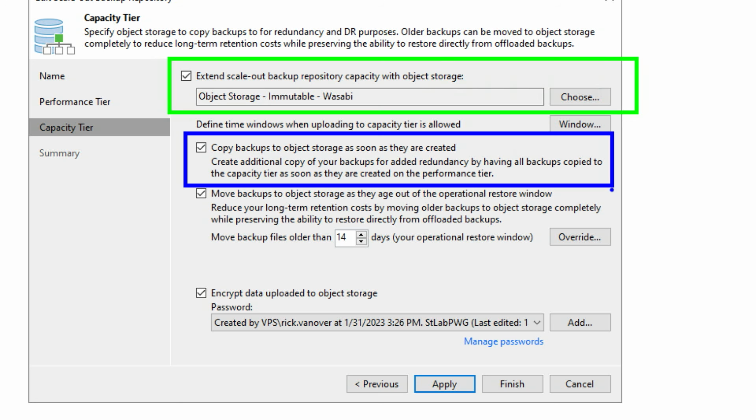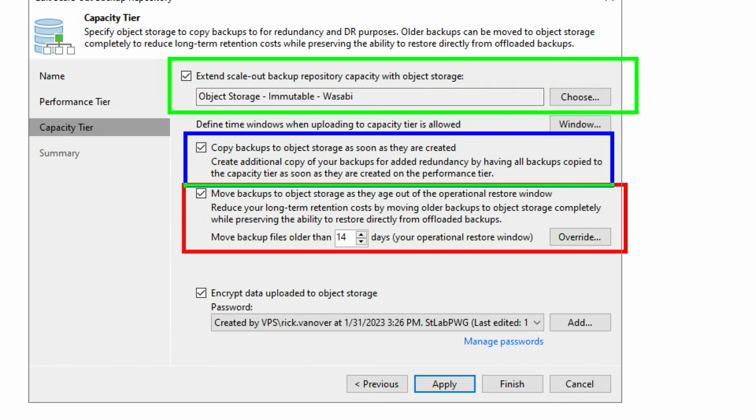Now, as the life cycle goes, we have this other option right here to move the backups to object storage as they age out of their operational restore window. So there's a lot of benefits here. Basically, after 14 days, the on-premises storage resources will be liberated of the long retention necessary. So that's very attractive. And then the third thing I want to highlight after that, I guess, fourth thing, is